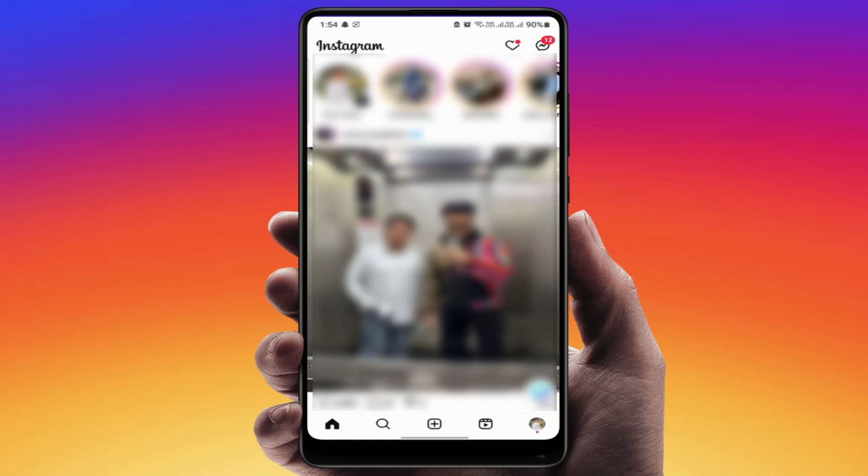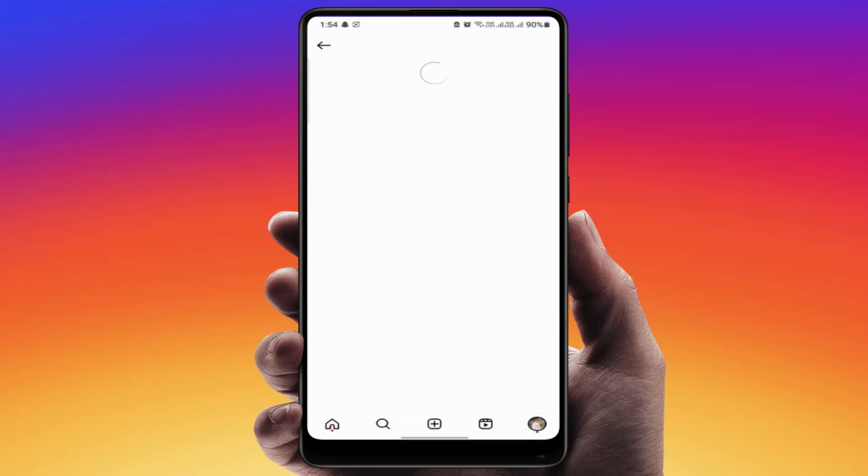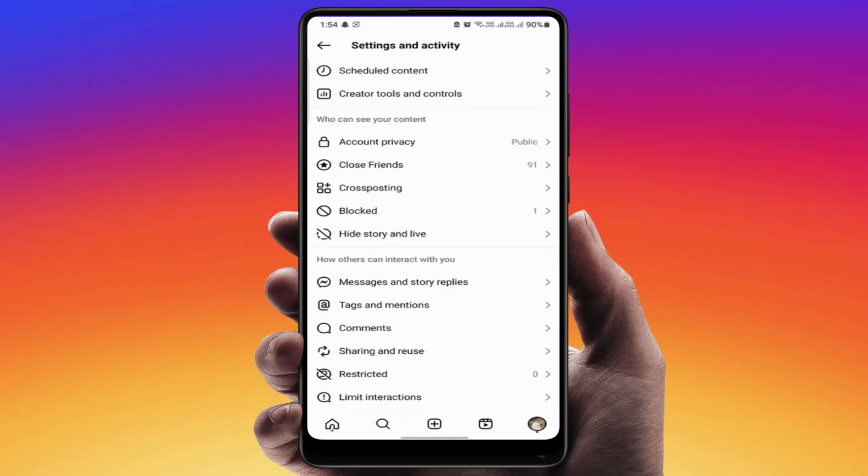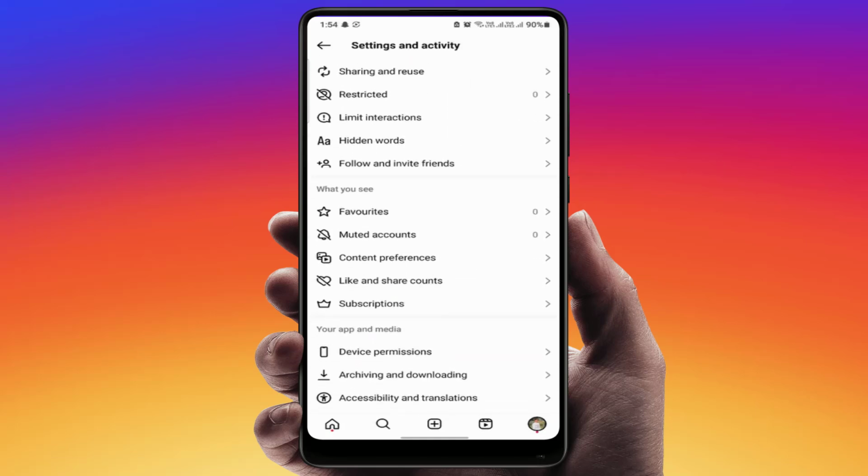So for this guys, first you need to update your app. Okay, after updating, open the app, go to your profile section. From here open the settings. In the settings guys, scroll down. Here you can get the option